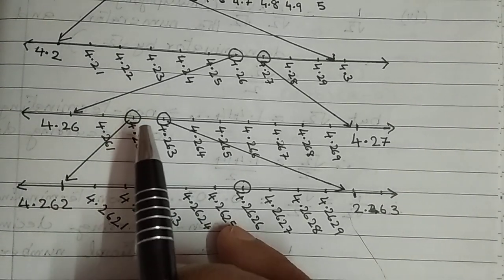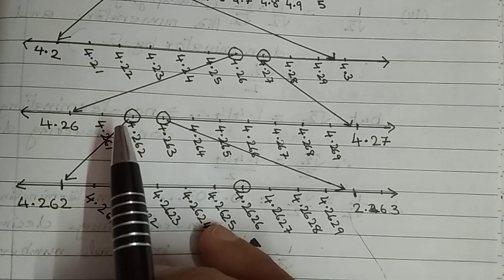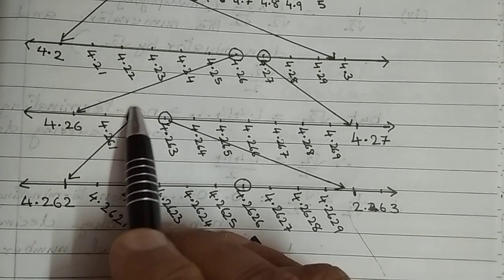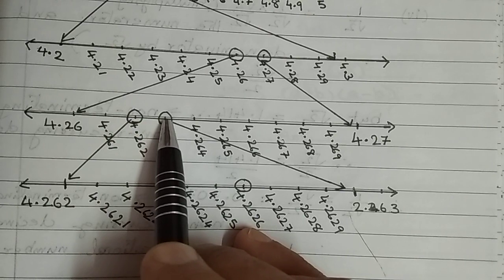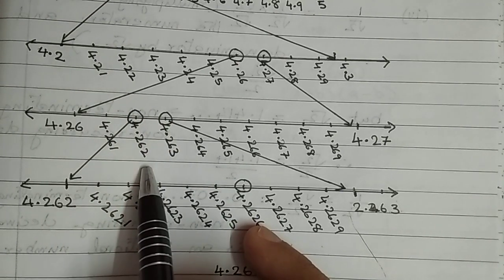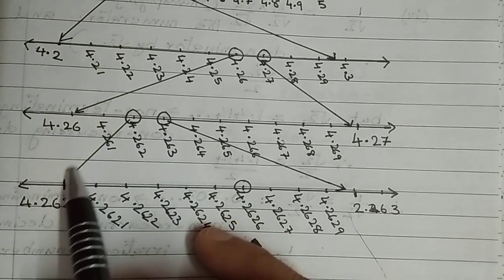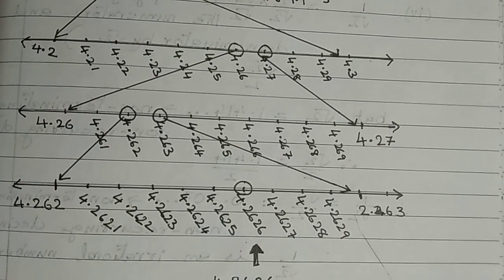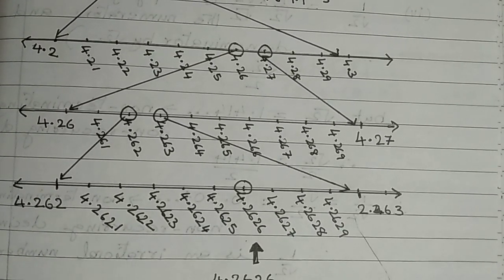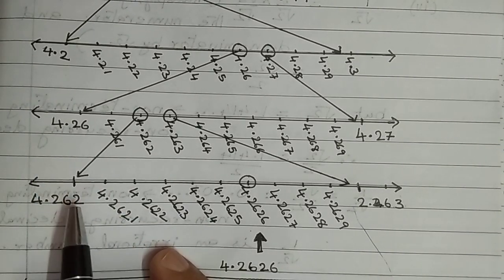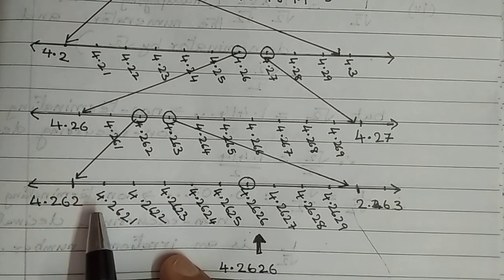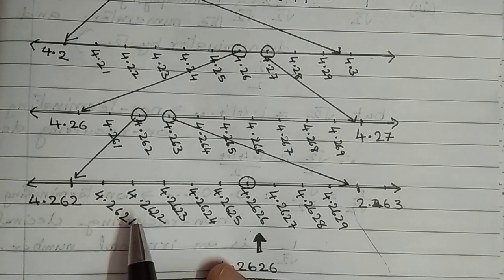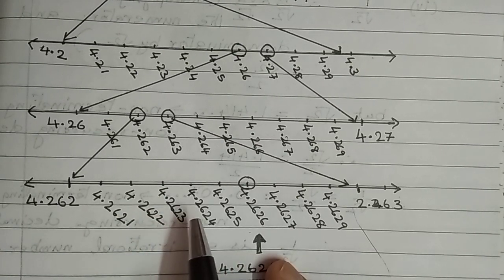And we know that 4.2626 is in between 4.262 and 4.263. Circle those 2 points, and the portion in between 4.262 and 4.263 is enlarged in the next number line. In the fourth number line, we are starting from 4.262, then 4.2621, 4.2622, 4.2623,